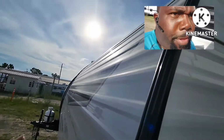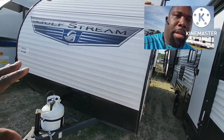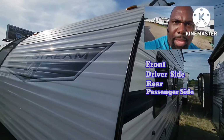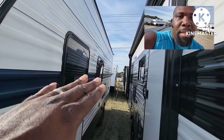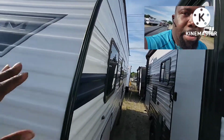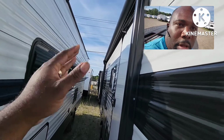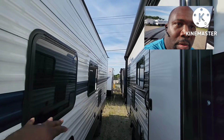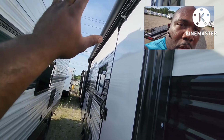You're gonna go from the front. I always start on the front, then I work my way around the driver's side, then I go around the back, and I come back up the passenger side. But when I got both units lined up with each other, I do the front, go down the driver's side on one, do the front on the other one, go down the driver's side on that one. But when I'm on the first one, I check out the back as well. Then I turn around and look at the front of the next unit, go down the driver's side,